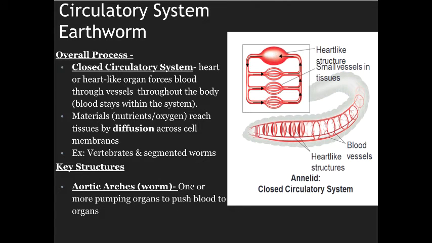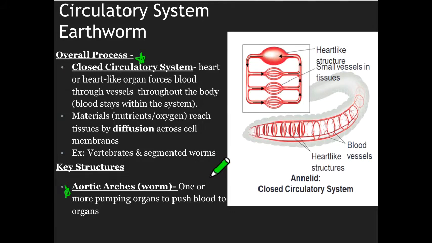Moving up a level in complexity, looking at the circulatory system of an earthworm. So we look at our annelids, our roundworms. These guys have a closed circulatory system. That's what makes them a little different. They have similar heart-like structures called aortic arches, which is down here. Basically, 5 of them in this earthworm are going to be pumping organs that push the blood around to the